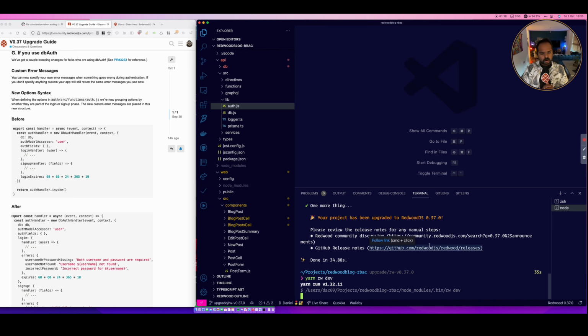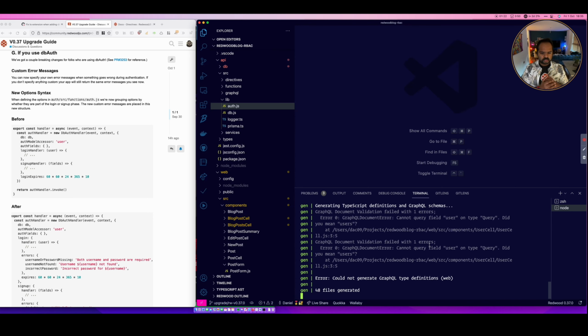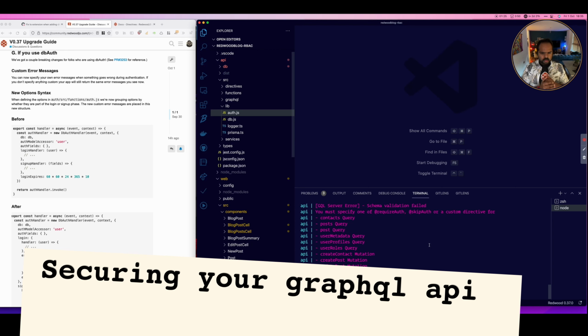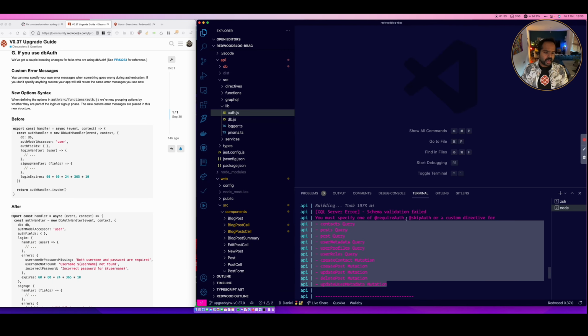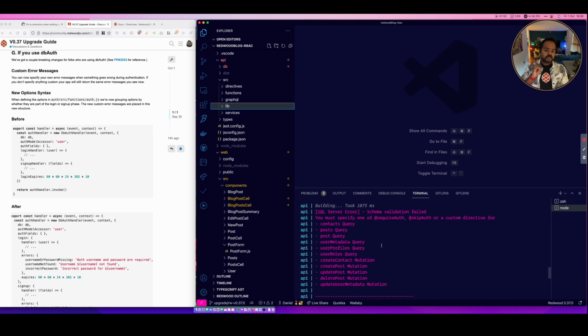So let's run yarn rw dev. And remember, we actually upgraded this project to version 37 just a second ago. And there we go. We see an error telling us all of the queries and all of the mutations where we missed adding requireAuth or skipAuth. And these are required directives on your SDLs. As I said before, sometimes it's easy to miss these directives, and that's why we add a build time check,